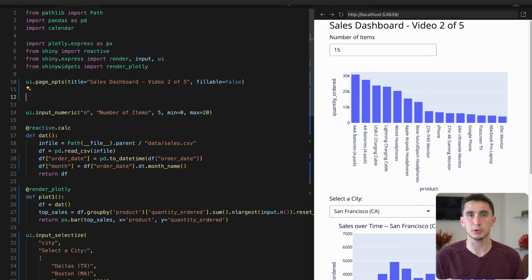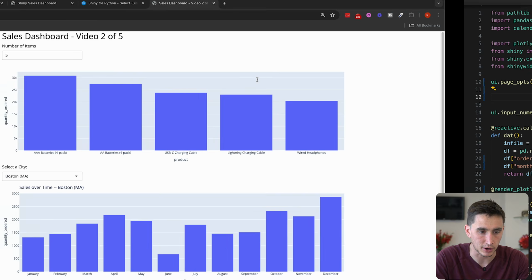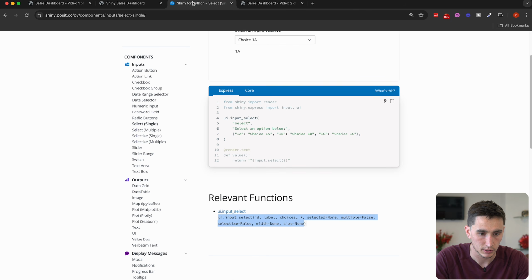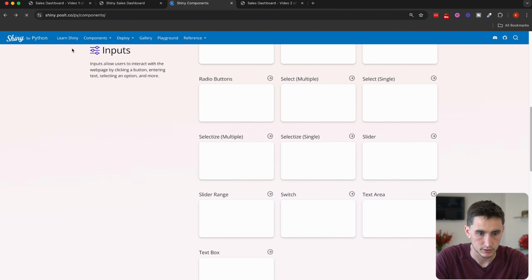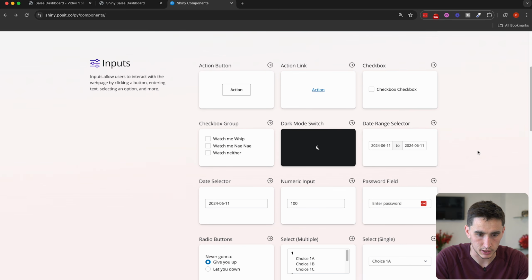And the same principle applies. Only the visualizations, only the components that depend on an input will be updated and re-rendered when you change that input value. So going back to our list of possible components, how about we use a